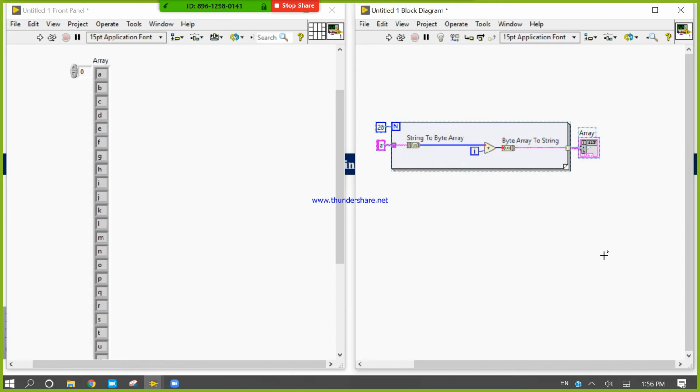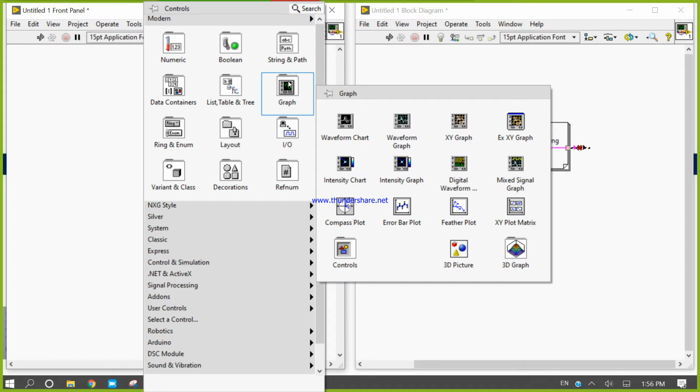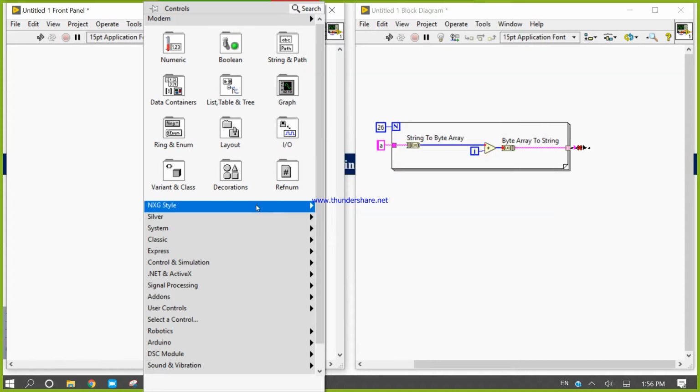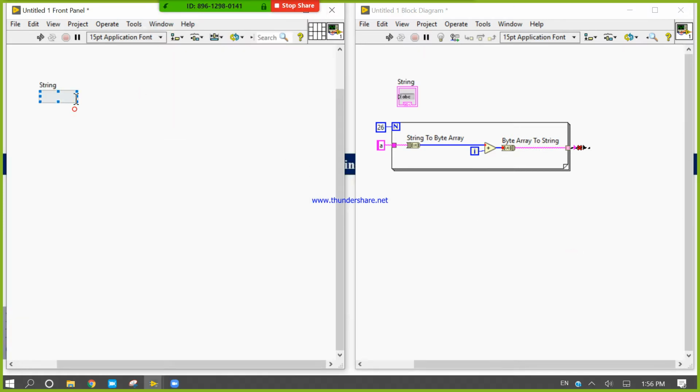If you're done, then delete this one. Now I want to display all A to Z in only one string indicator. I want to display in one row only. For that, I will press Control B to remove broken wire. I will delete this button, Control B. After that, I will use